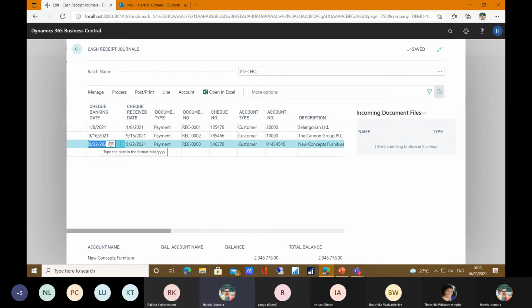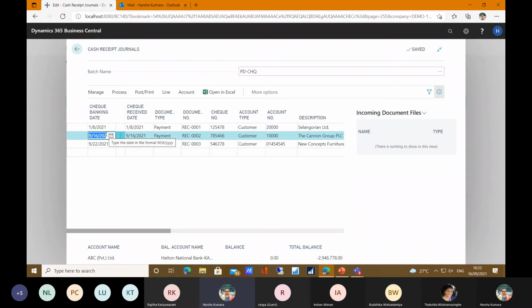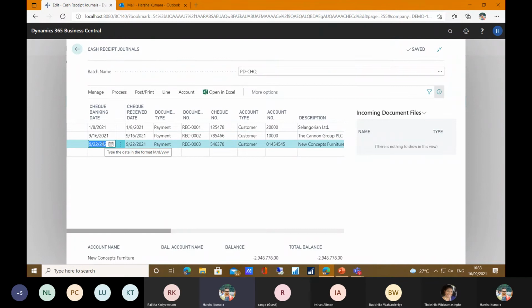Users can use the PD check cash receipt template and batch, and they can filter the date. They can filter for whatever matches the working date, filter the lines, and post. I will show you: today we are at September 16, and the user tries to post the September 22nd check.